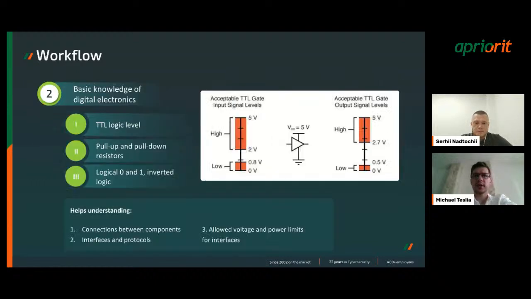So actually, this is the bare minimum of electronics we need to understand to start debugging. I would say it is the basic theory minimum to perform some basic analysis of the device and try not to kill it, and understand how it can work. But in the future we will need more advanced knowledge and tools to perform such tasks.